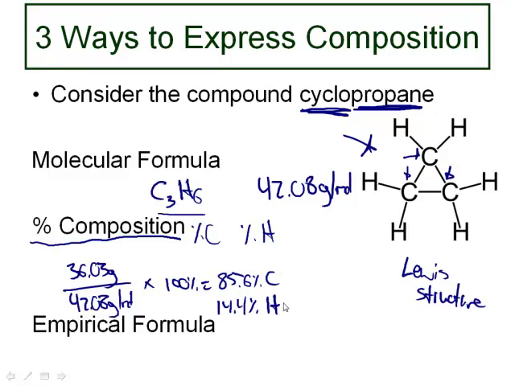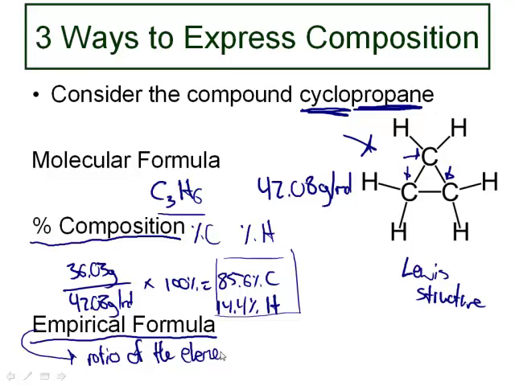Through just the same mathematical process, here's another way that we can express the composition of the substance, in terms of percent by mass. A third way that we can describe the composition of cyclopropane is using something called an empirical formula. What an empirical formula does, which is different than a molecular formula, is that the empirical formula shows you the ratio